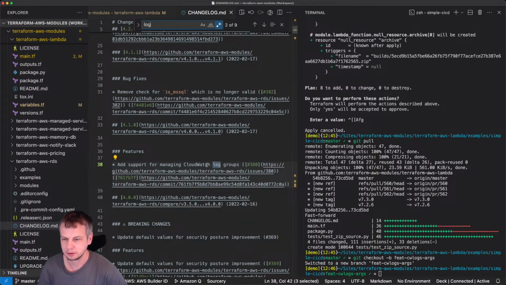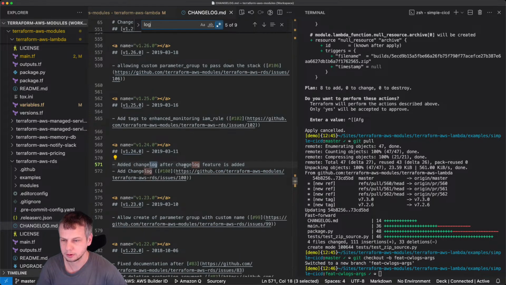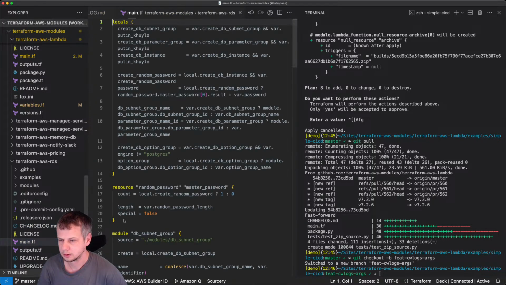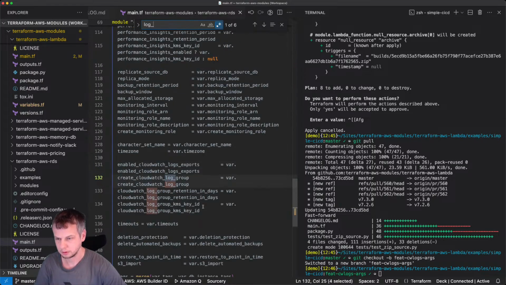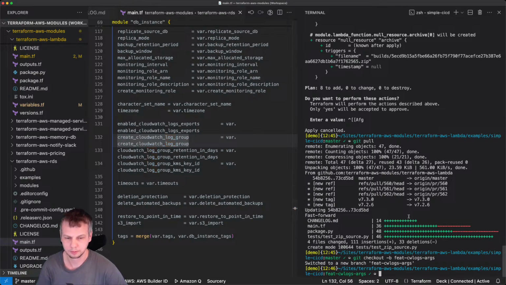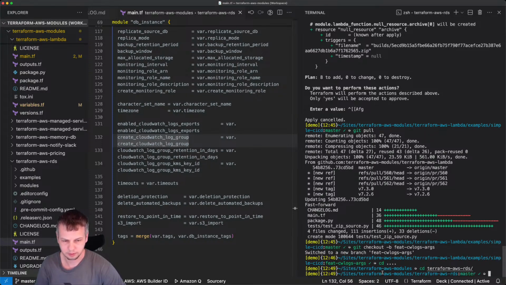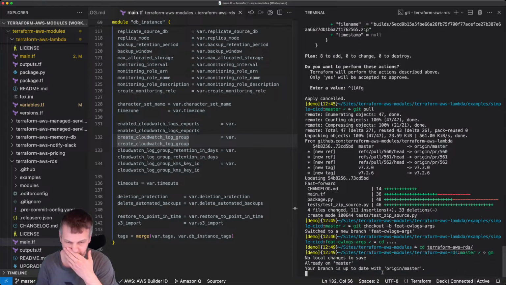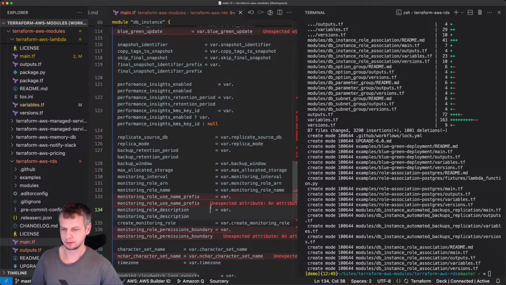Support for managing log groups. Let's see, RDS. Git pull. I think there was support for many things. Oh my god.